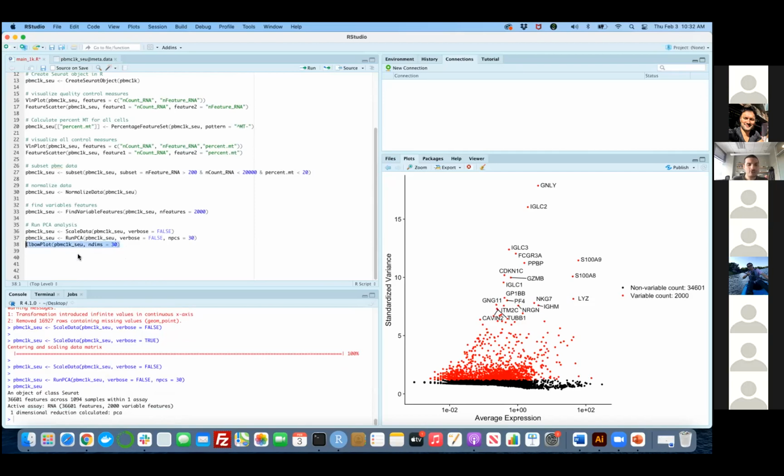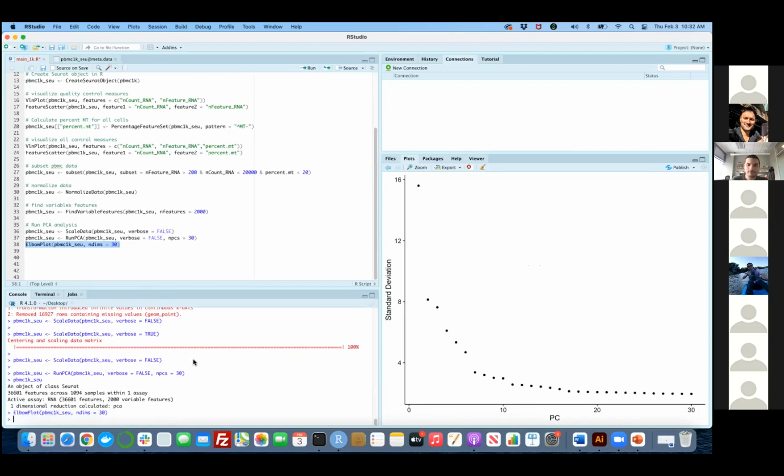If you do that, it's going to visualize the variance of each principal component in a ranked order so that you can actually pick the number over here. As you can see, the x-axis is the index of the PC, and they are sorted. The first PC will have the highest information, the second will be the second highest, and so forth. And the y-axis indicates the standard deviation of each of those PCs. It will tell you how the amount of information changes as you add more principal components to